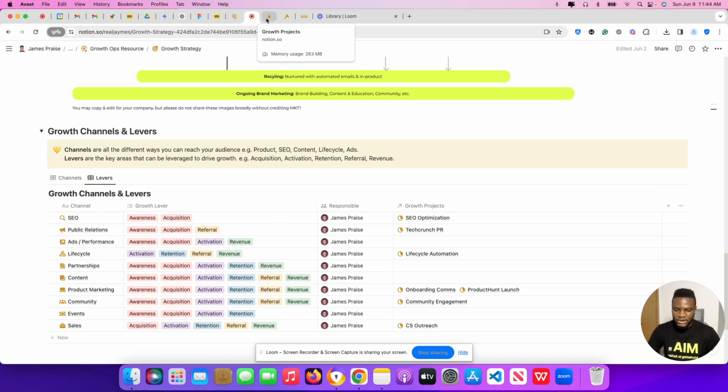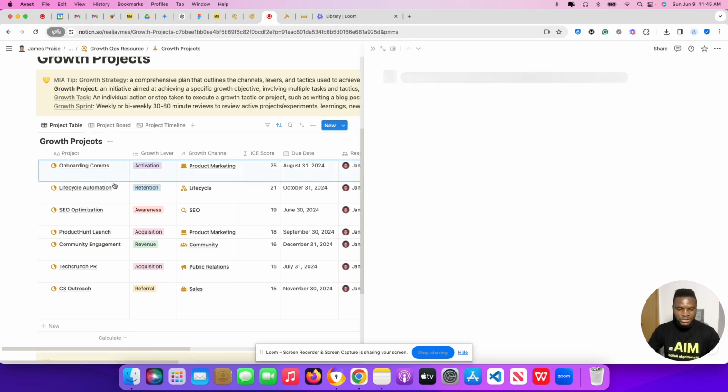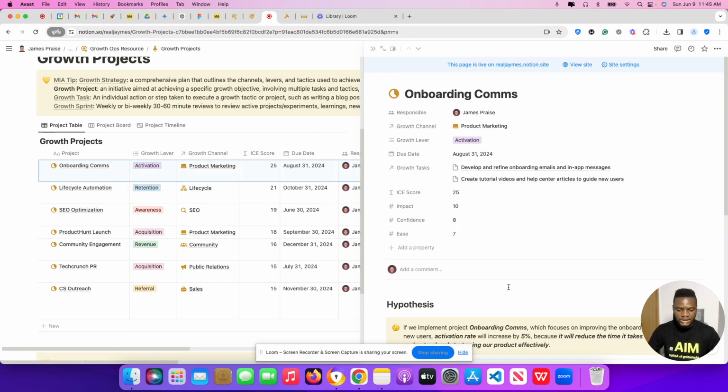So when you've defined what kind of channels you're going to use to drive your growth, then you can begin to organize projects or growth experiments around those channels. For example, you have onboarding comms, which is a project that is related to the activation lever and is also linked to the product marketing channel. So if you have a lot of projects you want to execute, you prioritize your projects by using the ICE score, which is basically looking at the impact, the confidence that you're going to be able to execute this project, and the ease of executing this project. And that gives you a score that you can use to prioritize from the top priority to the least priority